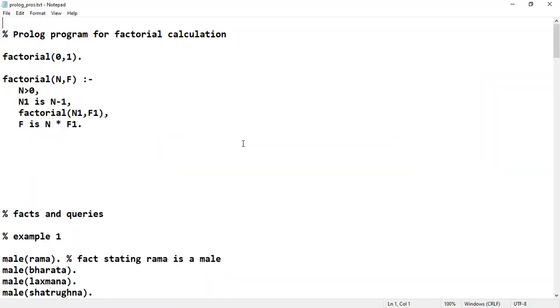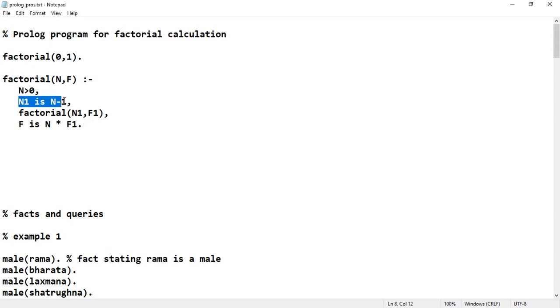So these are the concepts related to backtracking and cuts. Now we'll see some more programs in Prolog. Prolog program for factorial calculation. Always you have to mention the terminating condition first, then you have to write the rule. So the terminating condition is: if the factorial of n reaches 0, then it should return 1. Then factorial of N, F, N greater than 0, that means if N is greater than 0, the next value will be computed. N1 is N minus 1.